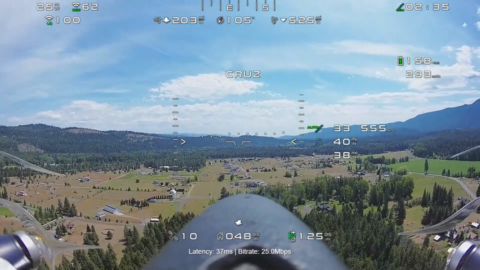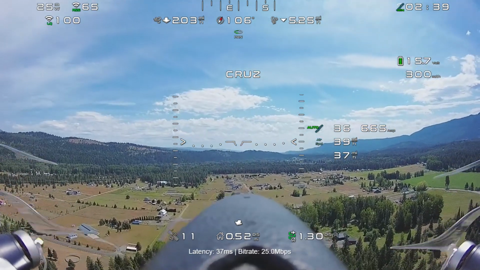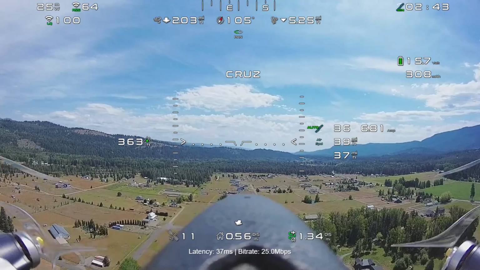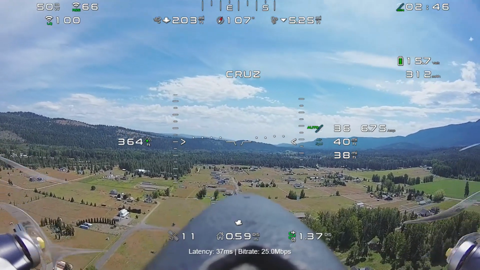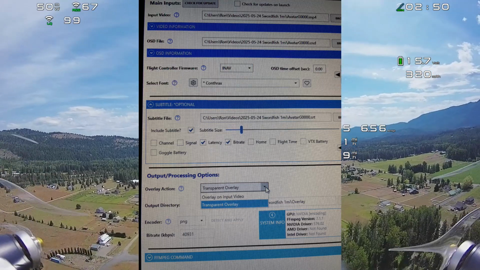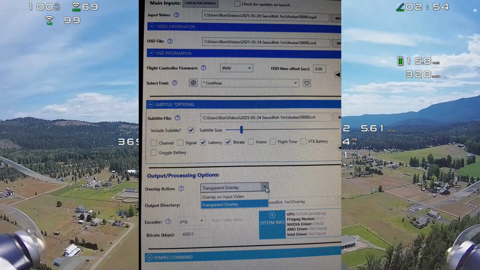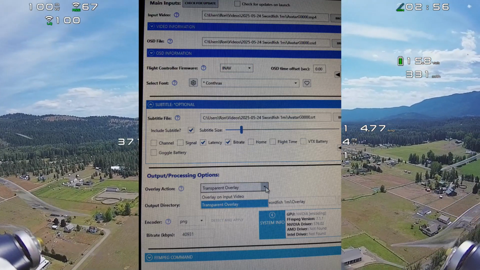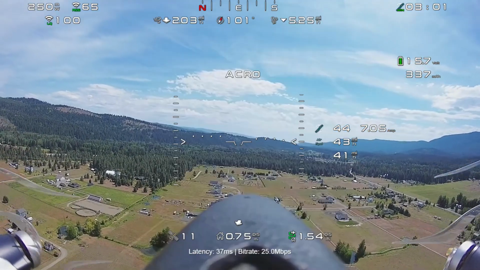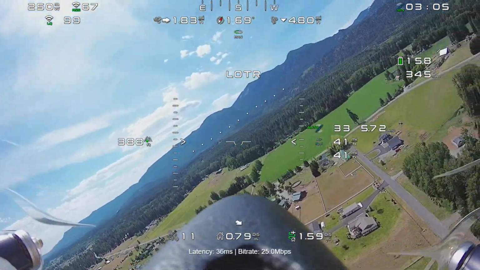So unless you're recording your HDMI output, you're going to need something like SneakyFPV, and it allows you the option of doing just the OSD, and that's what that little drop-down menu is there in the SneakyFPV tool. Transparent overlay only, or you can produce it with the actual video. But the problem is the amount of offset is never exactly the same. It depends upon how much